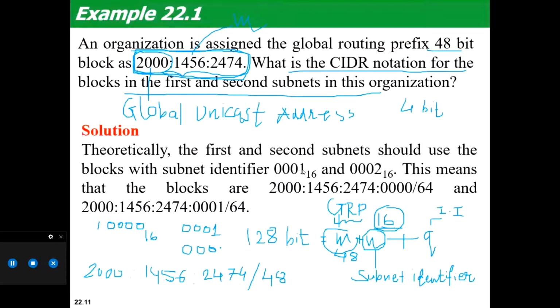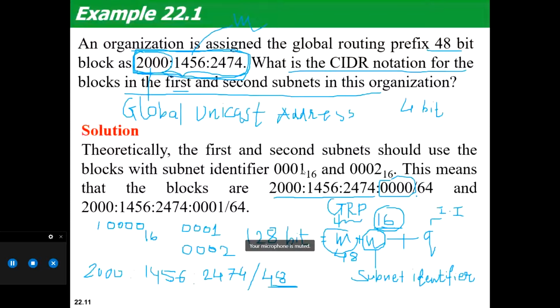That is the address of your first subnet. Okay, that means the blocks are 2014562474 and then 0000. Now you appended the subnet, so that is from 48. Now I have 64 because this is 64-bit notation.